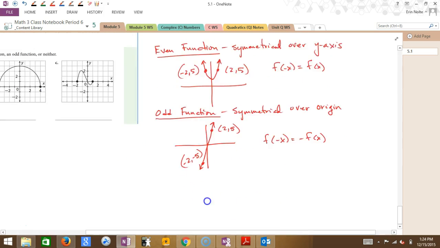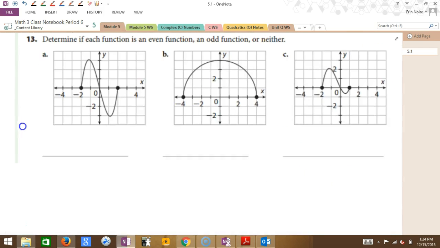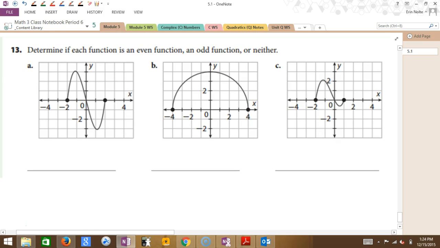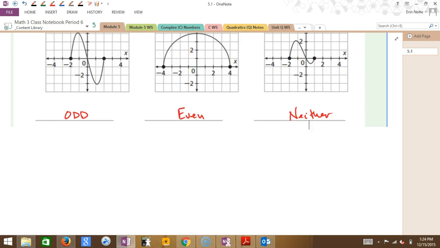Okay, so now that you know what an even and odd function is, for A, B, and C, which of them is even? Which one is even? Middle one. Middle one, symmetrical over the y. So B is even. So which one is odd? A. A, very good. So this one is odd. Everything else, if it's none of those, then that's a neither. Okay, all right, so that should be enough information for you to complete